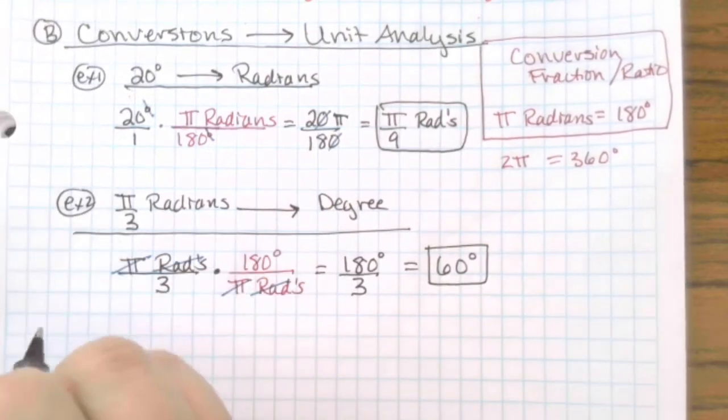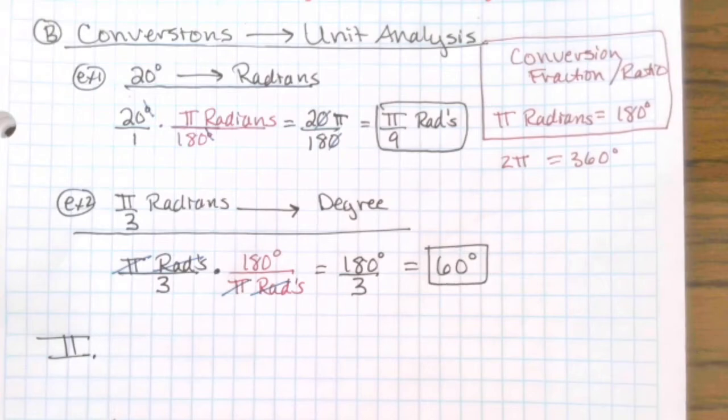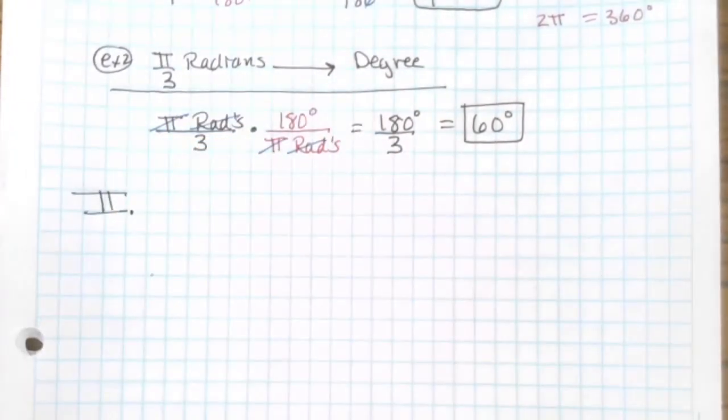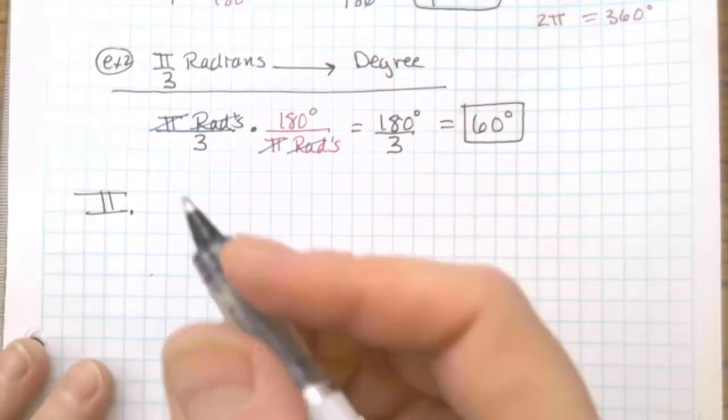Okay, Roman numeral 2. Degrees are good units of measurement, but there are times when we need more exact measurement. Things like ships and planes that are measuring where they're going by degrees of turning or degree of angle, we need something that's a little bit more complicated. So we have what's called